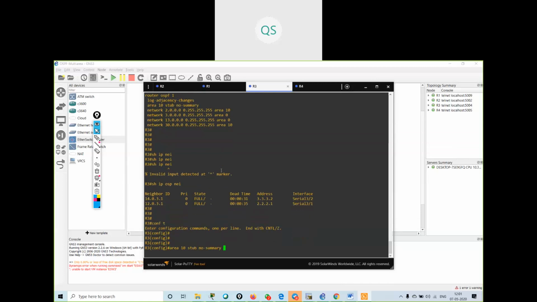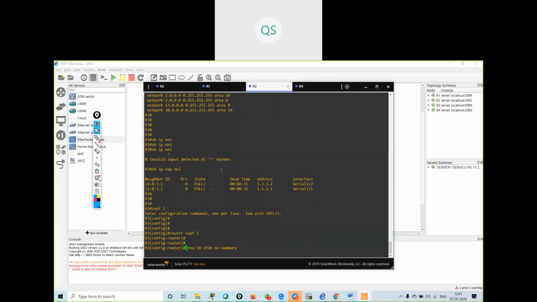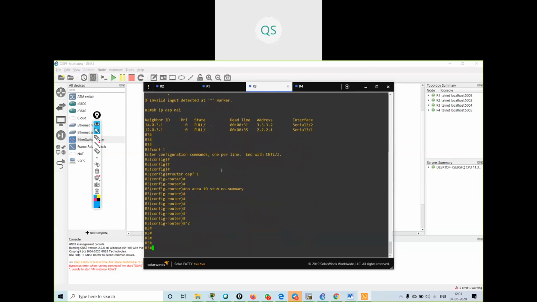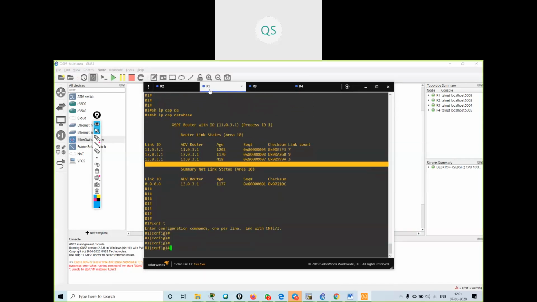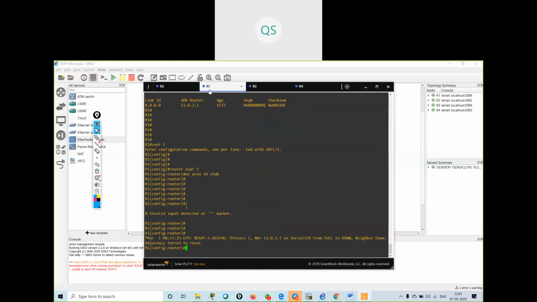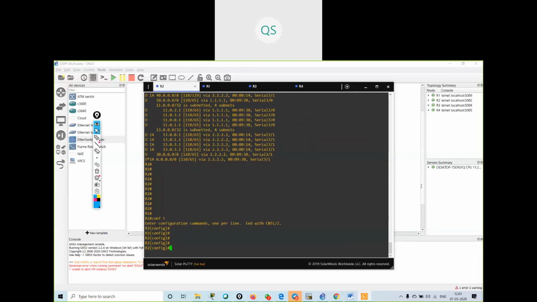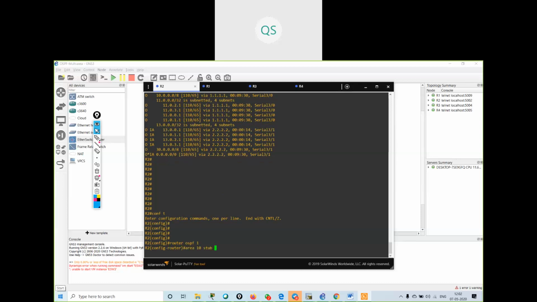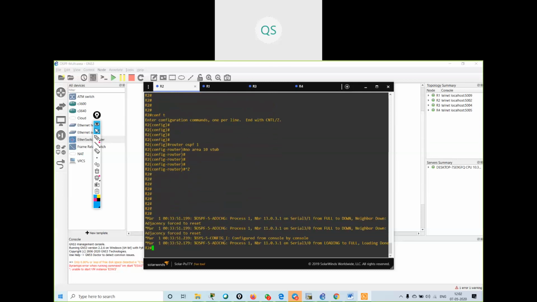You can see over here, now if I remove this configuration, I have to go inside and say no. I've removed this configuration. Also, I will remove the stub configuration. No area stub. I will go over here and remove this configuration also. I'm removing all the stub configurations. Router OSPF 1, no area stub. I've removed all the configuration. If I give show IP route OSPF,